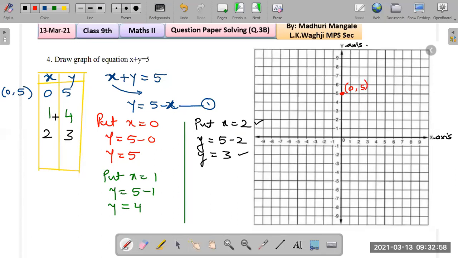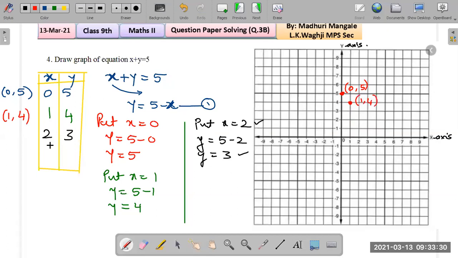What is second point? 1 comma 4. Here x is 1 and y is 4. So from 4 you can just check, start at 1 like this, and y is 4. Here you get this point. Okay, no need to draw these dotted lines, you can straight away plot. Correct. So start at x equals to 1 and move 4 steps up or 4 units up. So here is the point 1 comma 4, you label it 1 comma 4.